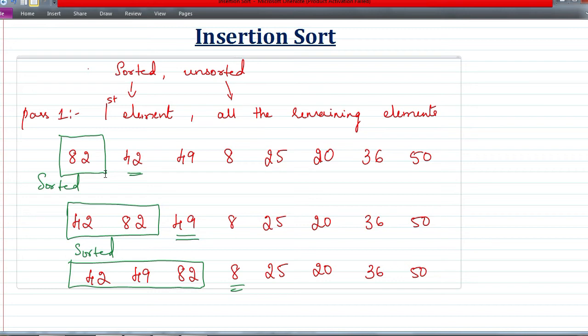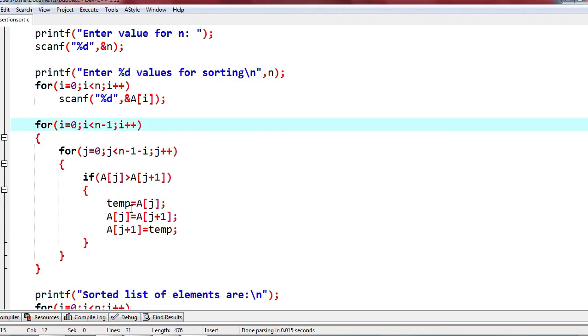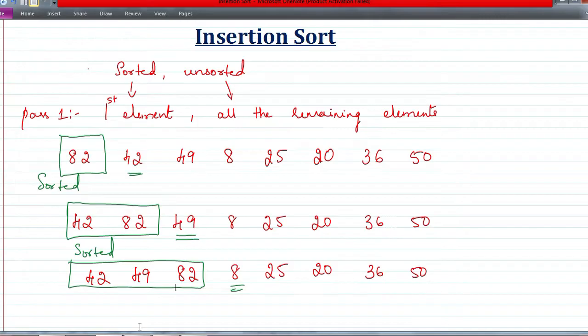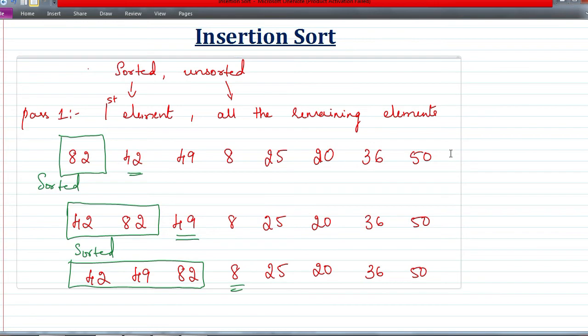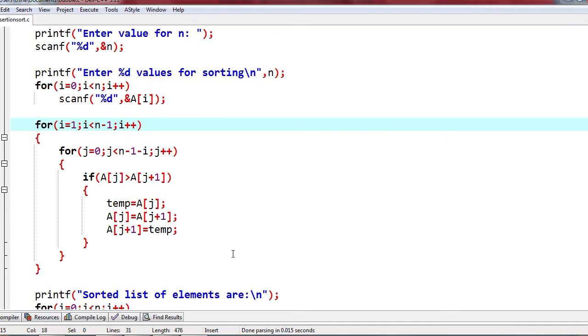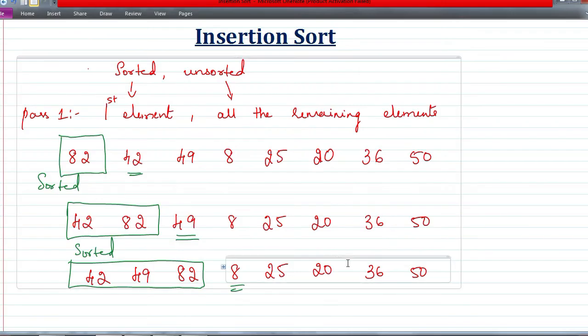So 42 is in the next position, which is position number 1. So our unsorted array starts from 1 and it is up to the last element. I have to keep comparing, so we will take it until n, i plus plus. Okay, next j is equal to, now from where am I doing the comparison?